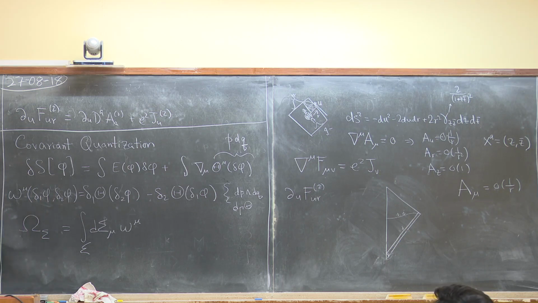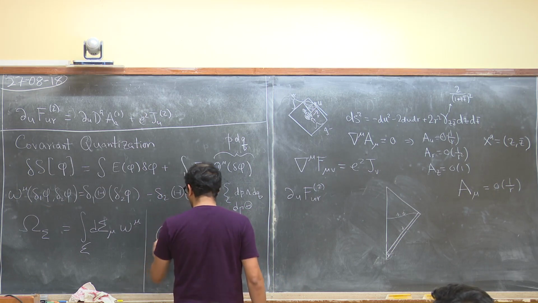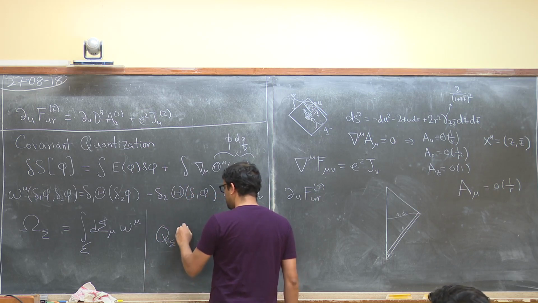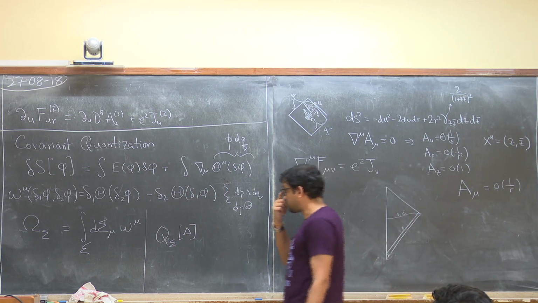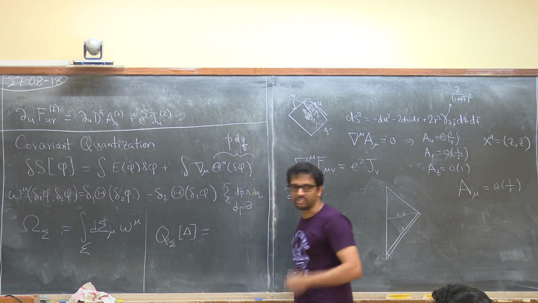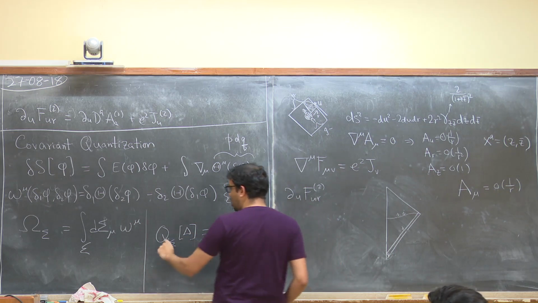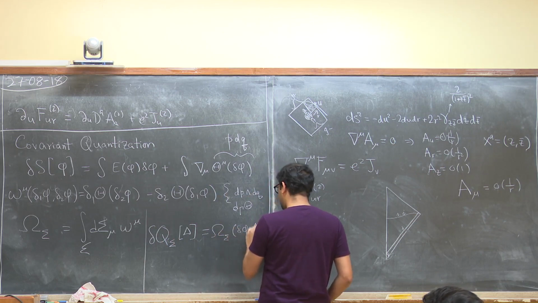Okay, so this is the structure, and finally at the end, of course, we want to construct a charge. So the charge Q on a slice sigma that generates a transformation delta, any transformation delta. Whether this charge is a symmetry or not depends on the structure of delta, but you can always write down a function that generates anything on phase space. So the charge Q satisfies the equation that delta of Q is omega sigma of delta phi, delta phi.